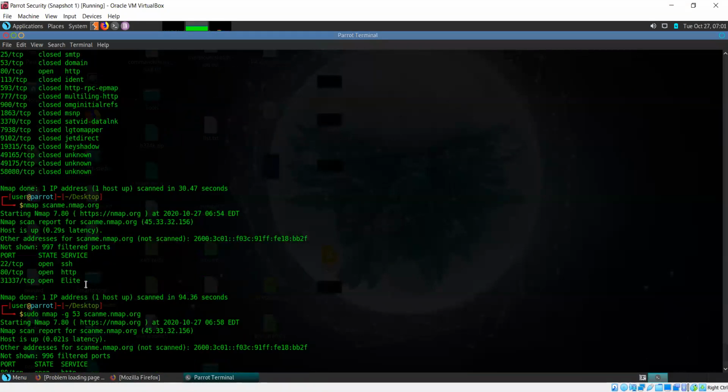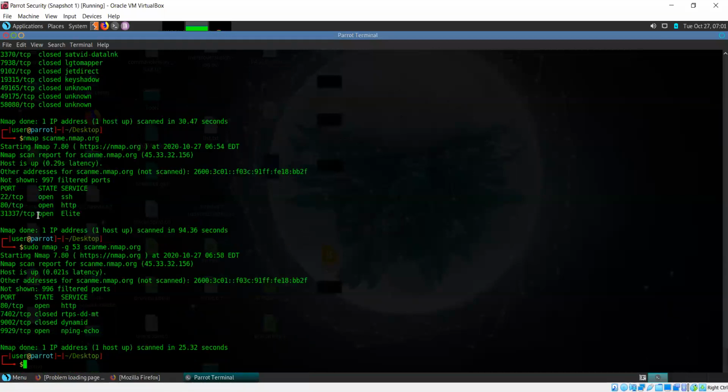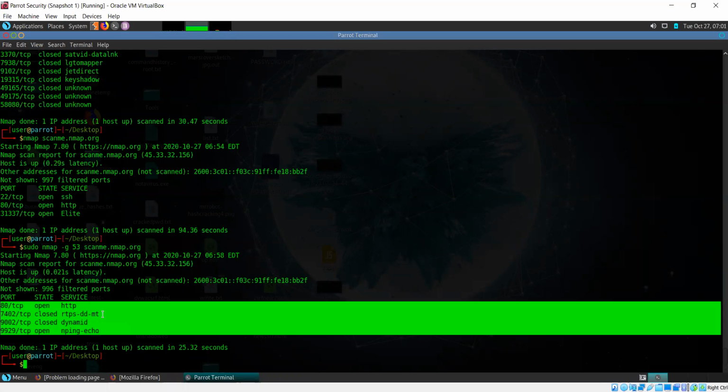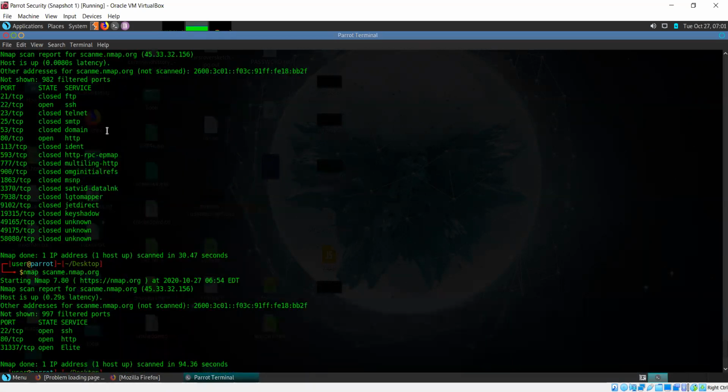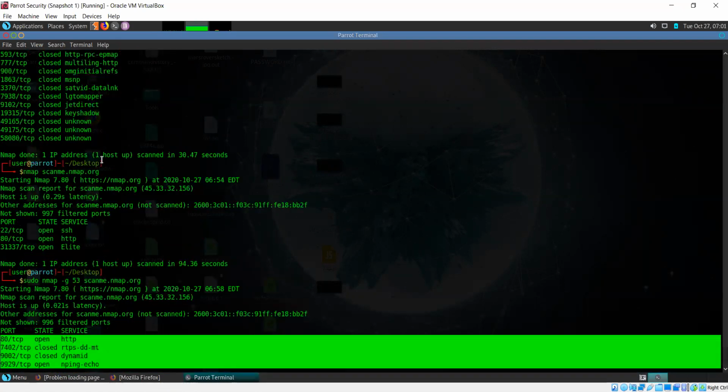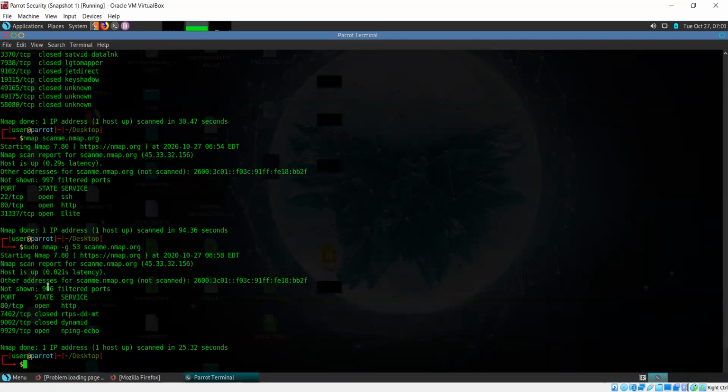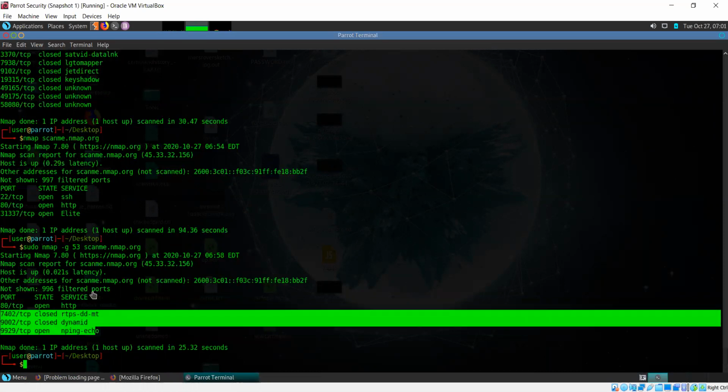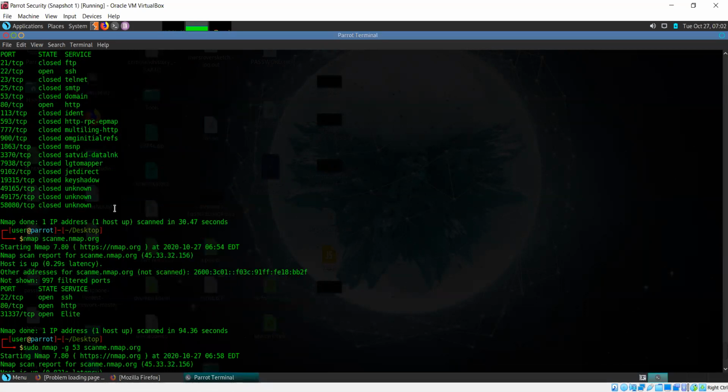Then I used another technique. I specified the source port, I spoofed the source port, and in this case I specified port 53, which is used by DNS. This was the source port for my scan probes, my scan packets. Again, the same target, and you can see I'm getting 4 ports as answers here, and these ports are different from the results that we've seen previously. Again, 996 ports are filtered, but we're still able to get through to a few different ports than what we saw in our previous scans.